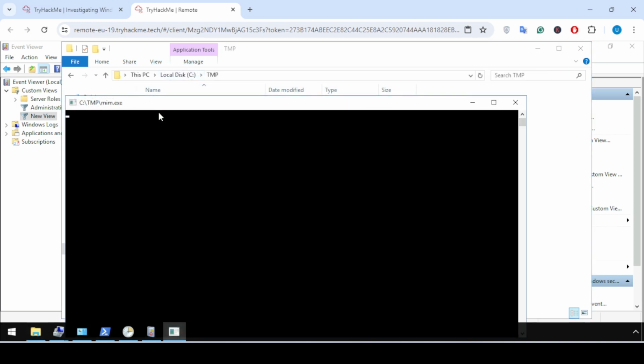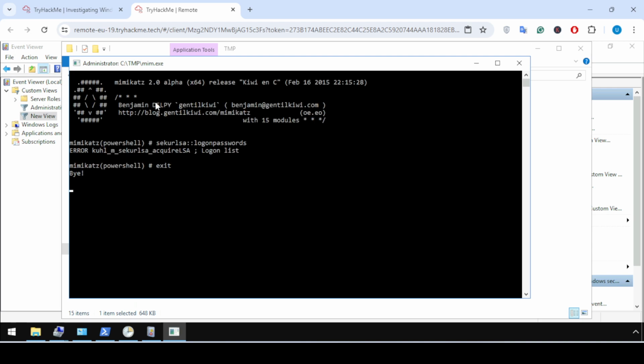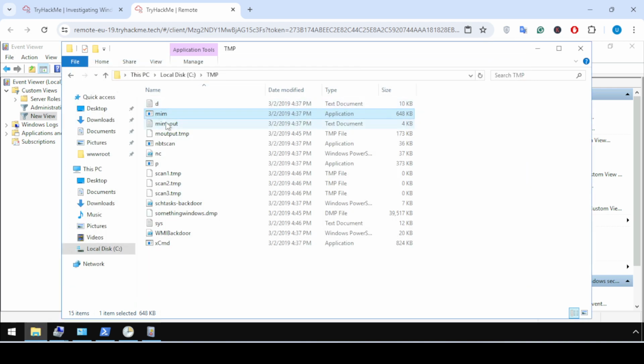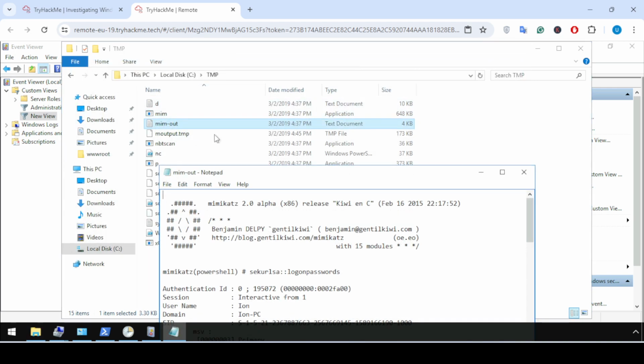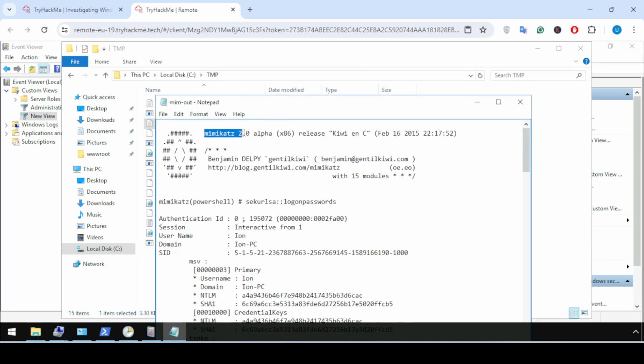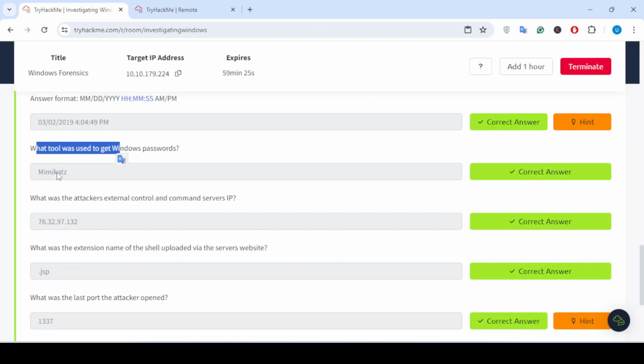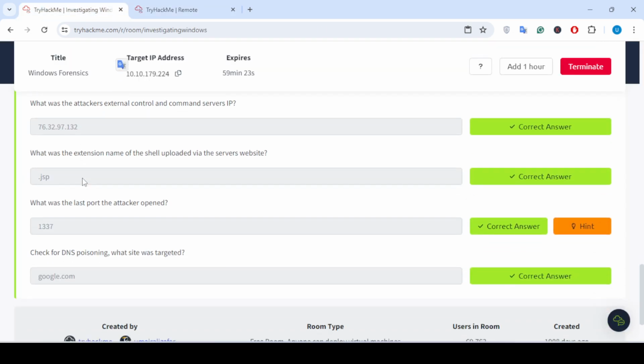When I click on it again, after a few minutes you can see Mimikatz. You can also check the text document. If I click on mim out, see, this is the tool that is mostly used to get the Windows password. So the answer of this question is Mimikatz.